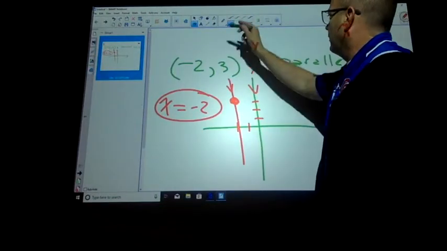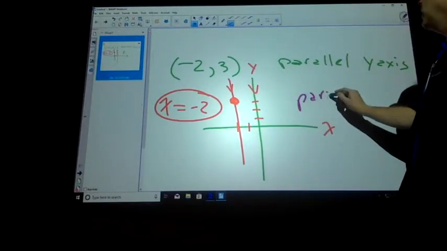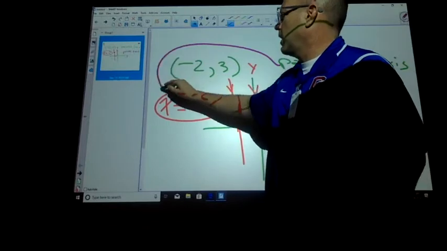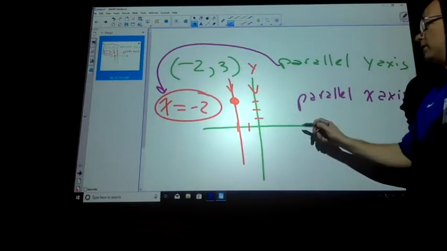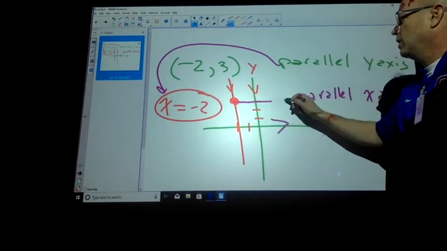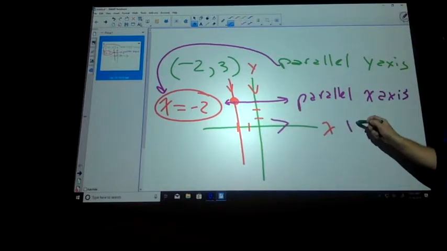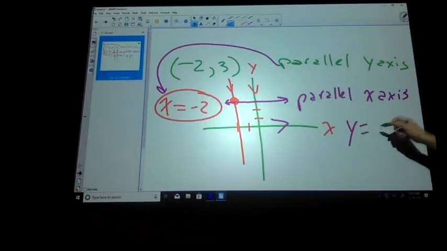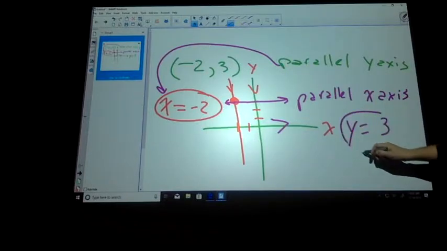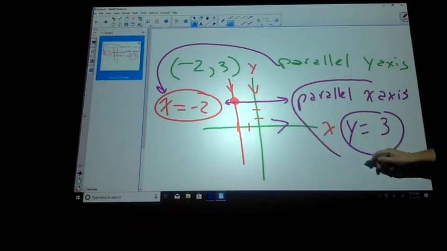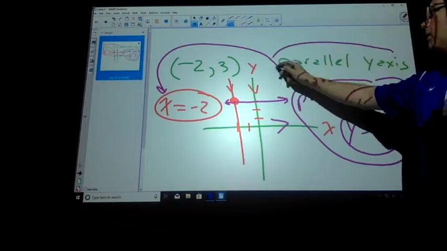Now, let's just modify this. Let's say it said it was parallel to the x-axis. So this is parallel to the y-axis. If it's parallel to the x-axis, it needs to be parallel to this. So that would be this scenario, and so that would be y equals 3. Okay? Does that make sense? So this is parallel to the x-axis. This one is parallel